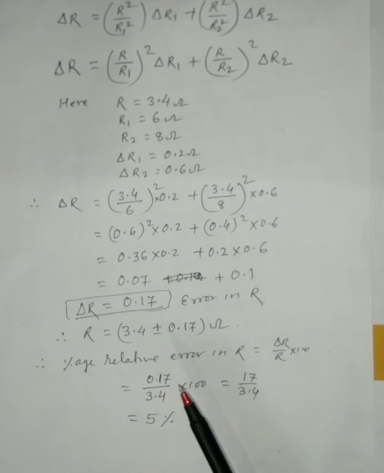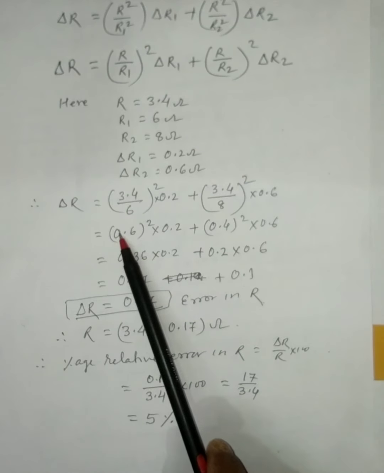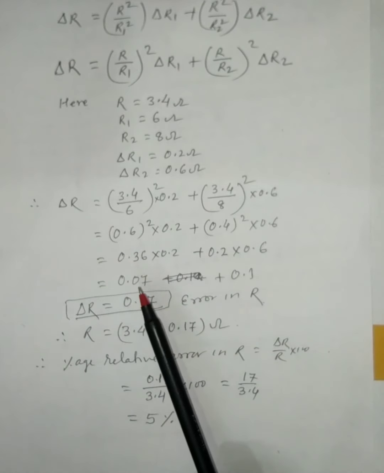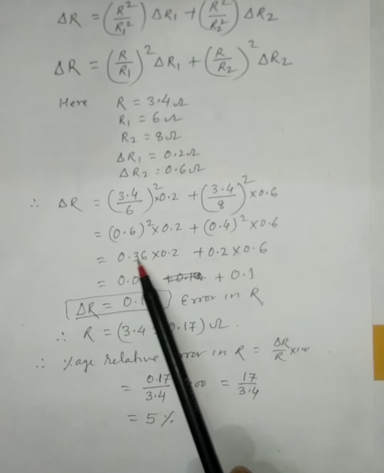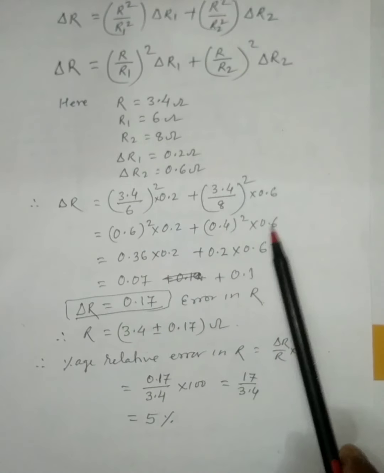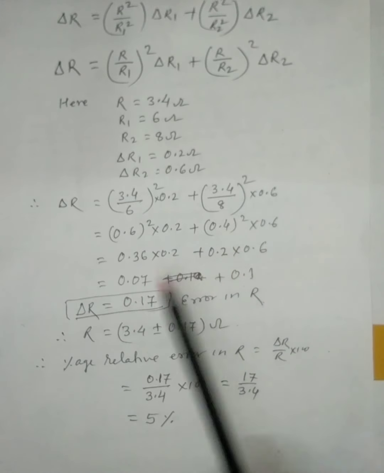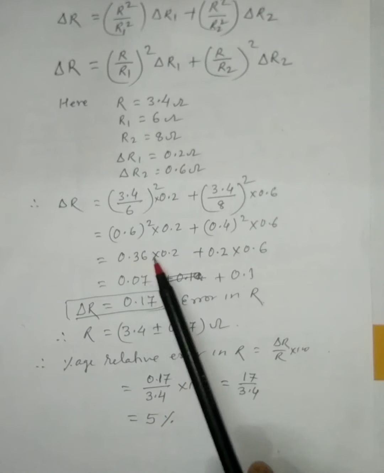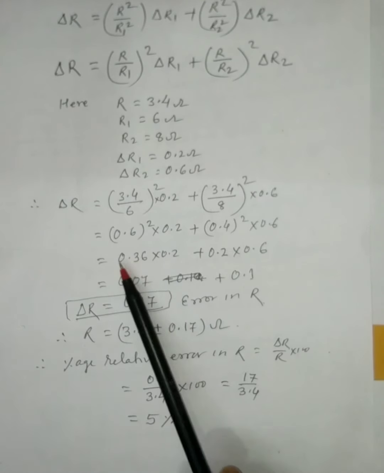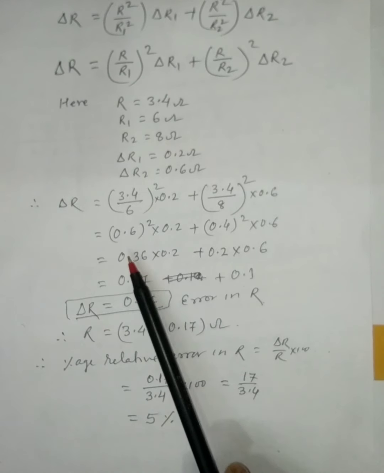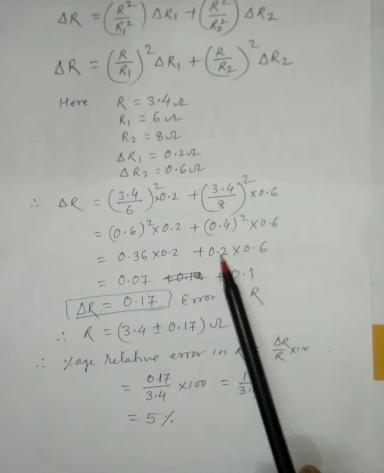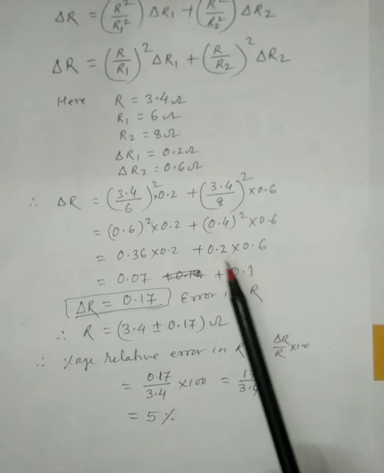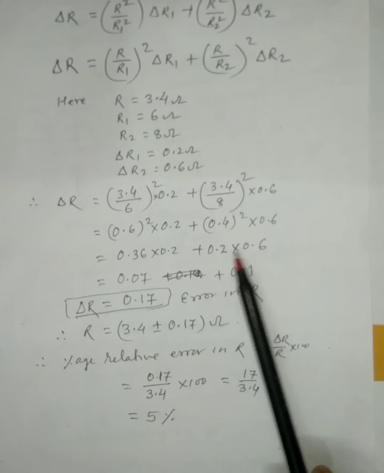You have to mind here that you are multiplying, and after multiplication you will have to take the values of the physical quantity up to 2 digits here, because this will be 0.36, and similarly here the value will be up to 0.1 digit. That is why after multiplication it is taken to the maximum digits after decimal. Here it is 2, so it is 0.07. Here after rounding off, 6 twos are 12, but it will be 0.1 after rounding, because in both quantities the decimal is after 1 digit.